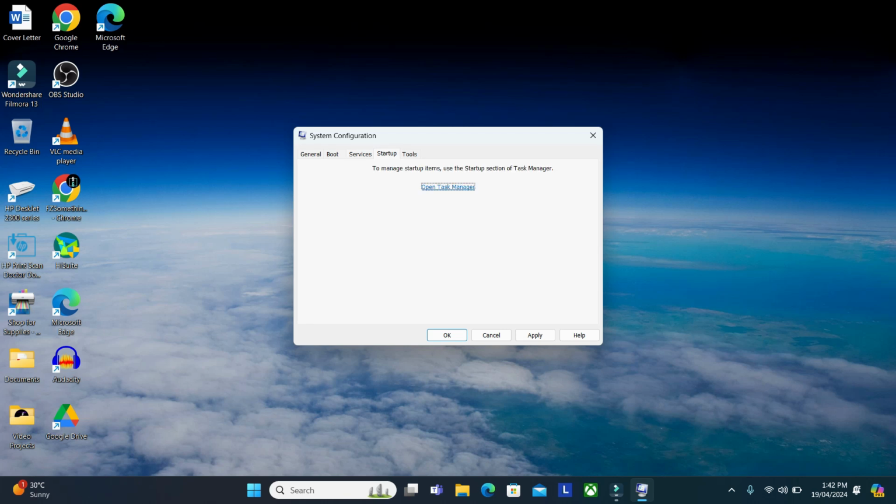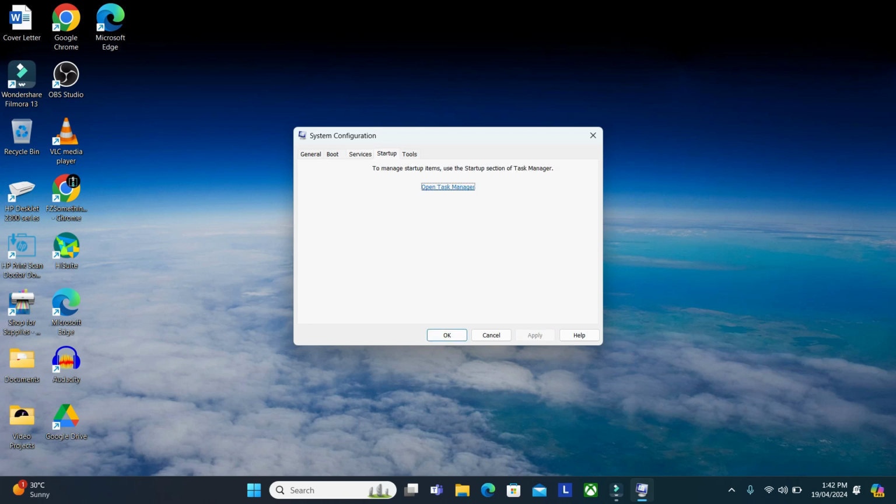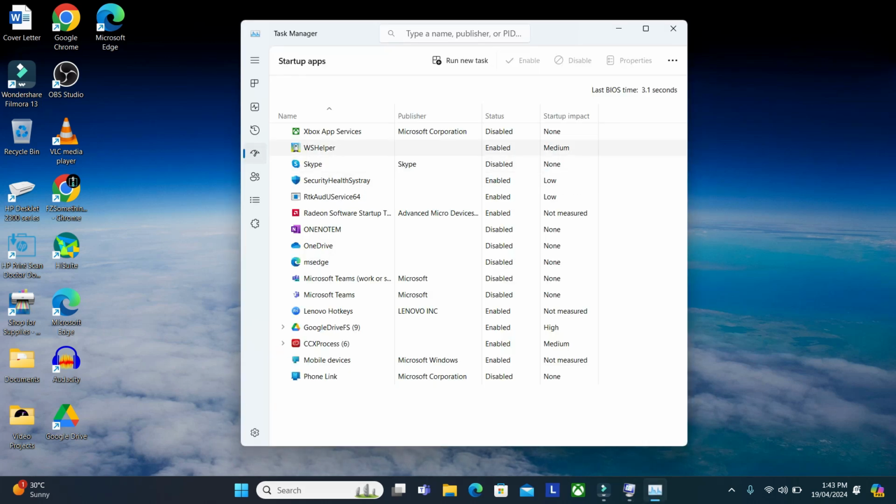Now go to Startup. First we'll just click on Apply. Okay, now go to Startup and then click Open Task Manager. Now these are the applications which come on when your computer starts up. I have disabled a lot of them before. Let me check if there is anything that is required for me to turn off, like Google Drive. I don't want it to come every time I boot the computer, so I can just disable it,